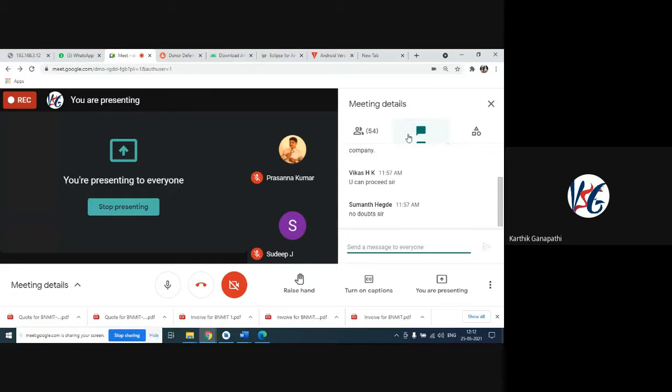So in this session, I explained how to run this application, how to get an APK file and how this APK file is going to be installed. I just shared that APK file on WhatsApp, or else if you have a data cable, you can just copy that APK file. If you are not able to get this APK file, we can directly run this on your mobile phones itself.